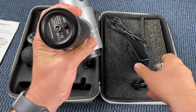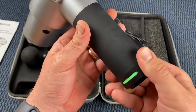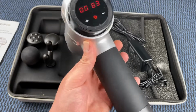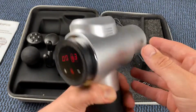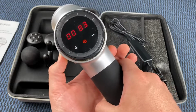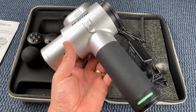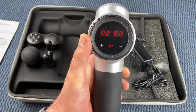atmosphere. You have 30-gear speed regulation. The fascia massager has speeds from 1,400 rounds per minute up to 3,200 rounds per minute. Adjust the frequencies according to the purpose: for warming up, strong relief, injured muscles, muscle pain, and activation. For tightness relief, increase to a higher speed for larger and stronger muscle groups. It allows us to get the appropriate amount of pressure to put our body at most comfort at all